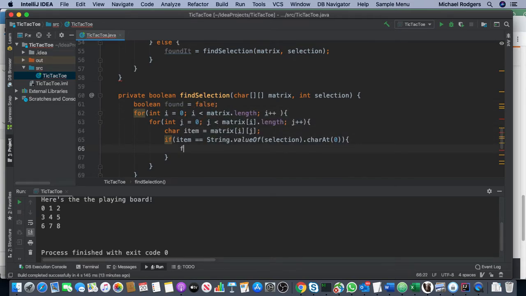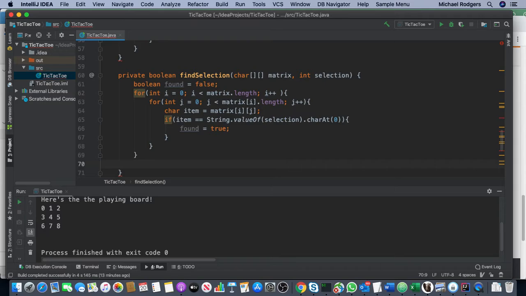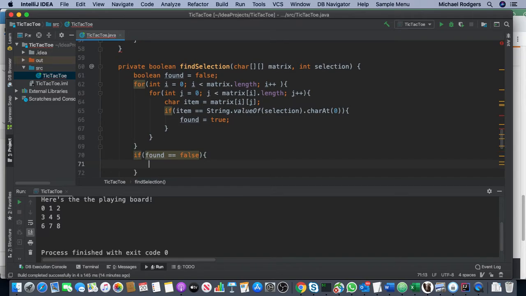And here we're going to say found is true. And then down here, we're going to return found. That makes sense, but we need to tell the user, right? We need to tell them that they weren't paying attention or something. So we need to say if found is false, meaning we couldn't find the value, we need to tell them,